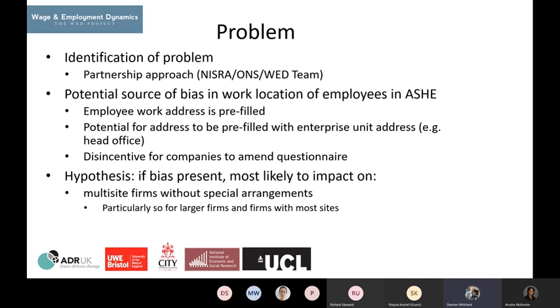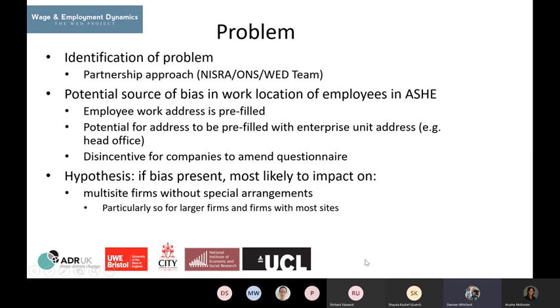It arose because ASHE forms are sent to employers with the employee's work address already pre-filled, and then they're asked to change that if it's not the address that they work at. So individuals are matched to enterprises through HMRC's PAYE data. That means the enterprise address, the address that they work at, is the registered address for the company's PAYE, which generally companies only have one of, and which is usually administered from their head office. So often you get this sort of head office effect.